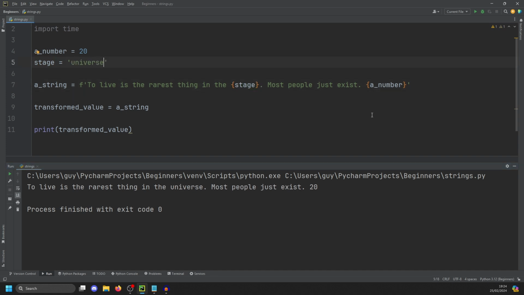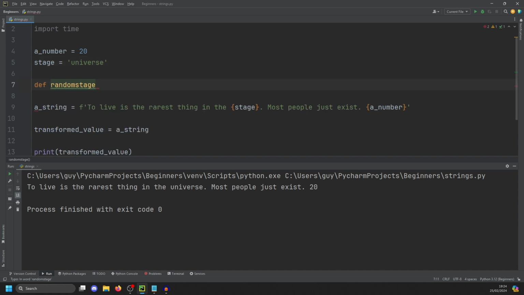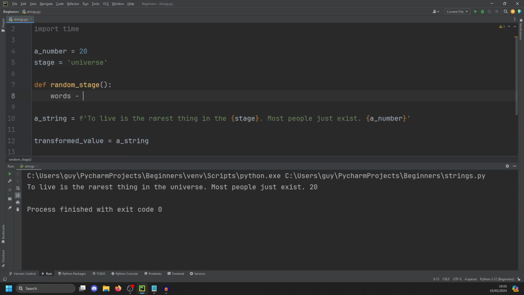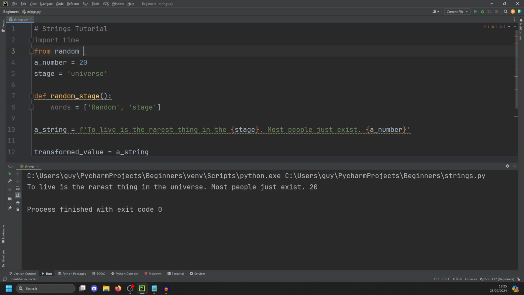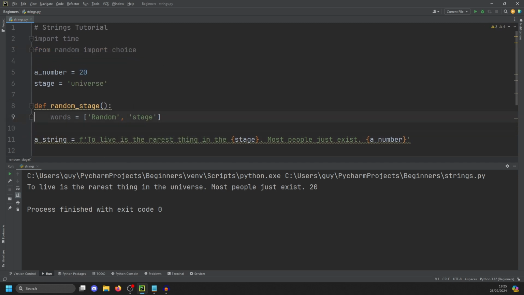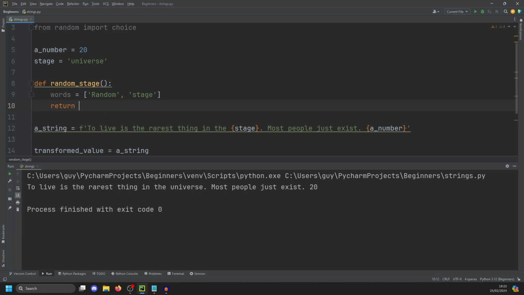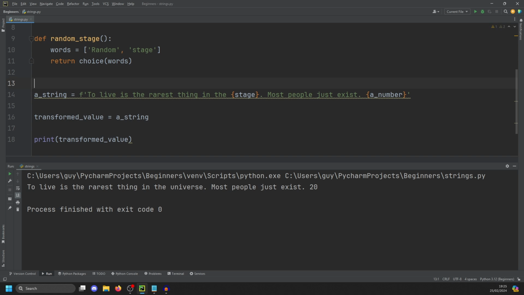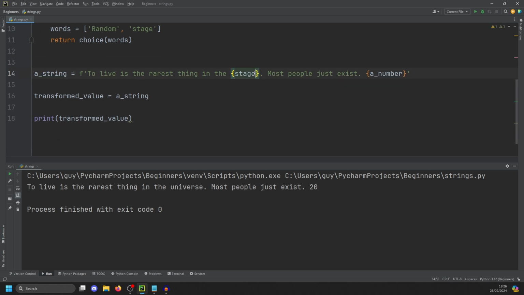Now, this is incredibly powerful, but it doesn't just end there. We've got a function called random stage. And for this, we're going to have to import choice from random. And I'm just going to say return choice of words. Now, you might be wondering what this is going to do, but that'll become very clear in a moment. So if we now change this with random stage, which is a function call,